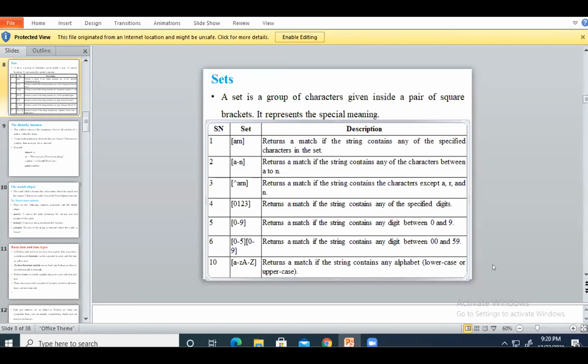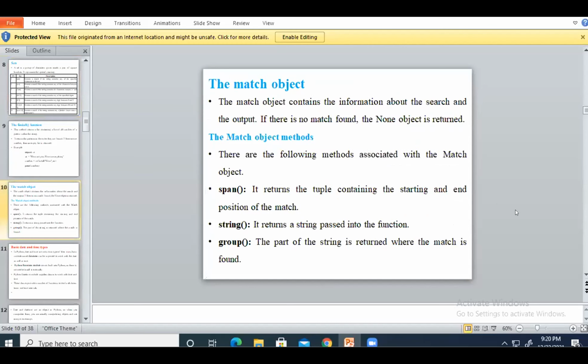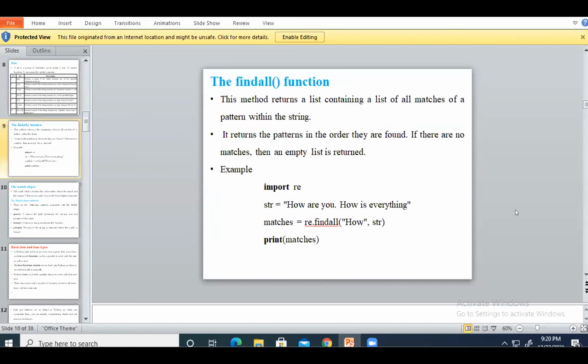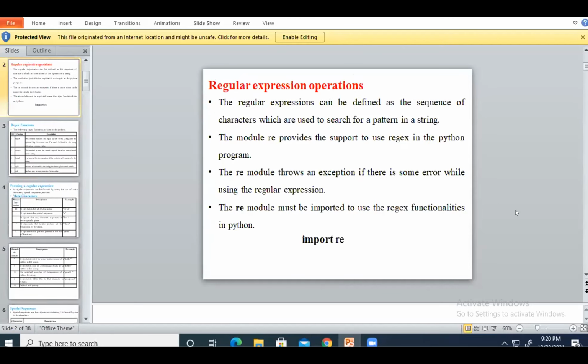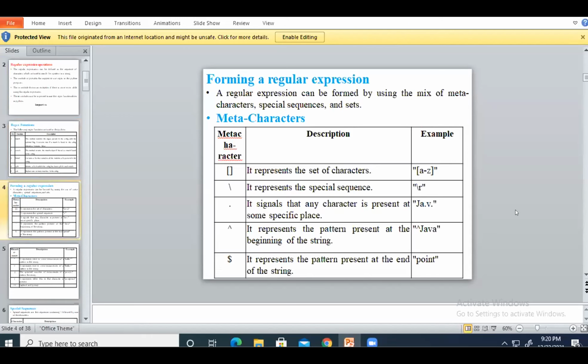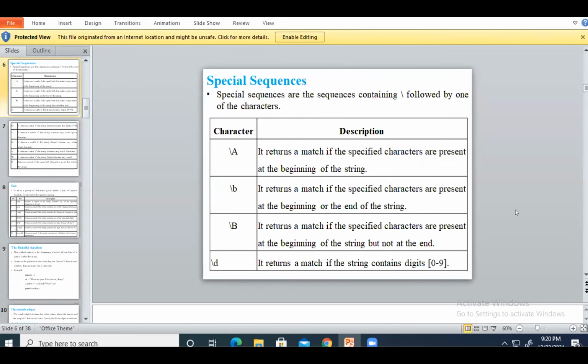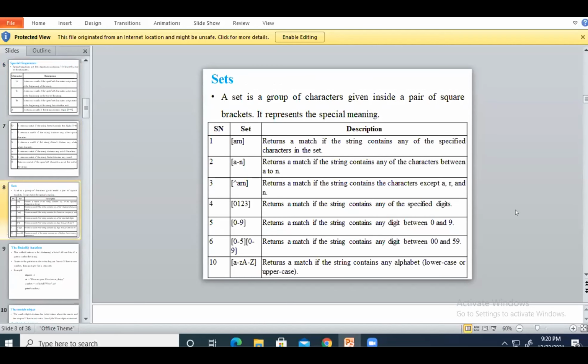Okay, so this will be complete with all these operations. I already told you about find all and match operations at the start. Okay, so today we will complete only one point, that is regular expression. So we are working with the regular expression string with different operations, that is match, search, find all, split and sub operations. And we are representing our string with different characters. In that we are using some of our alphabets to represent beginning, end, start, like that. And the set operation we will see in the GUI chapter.